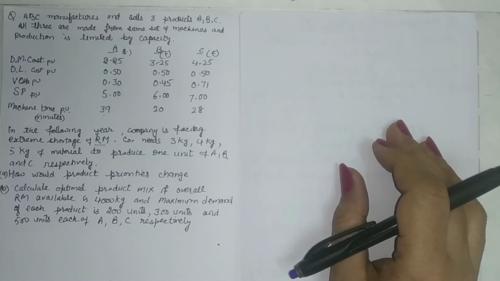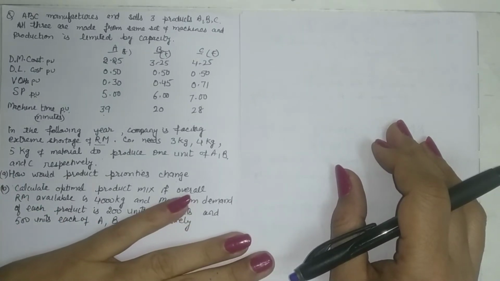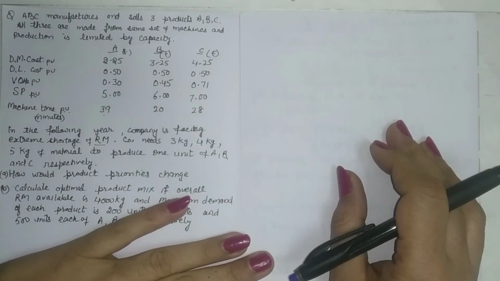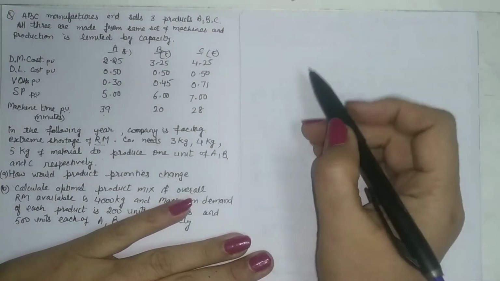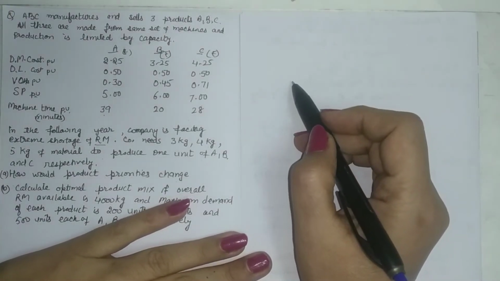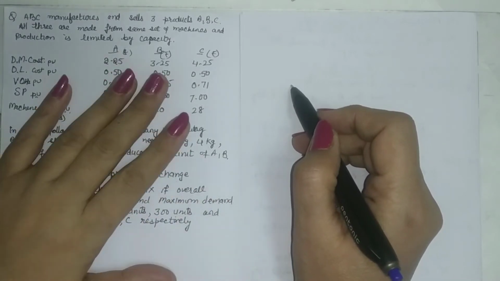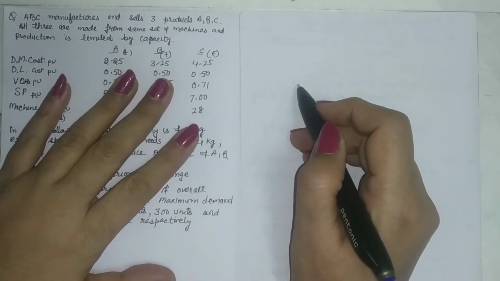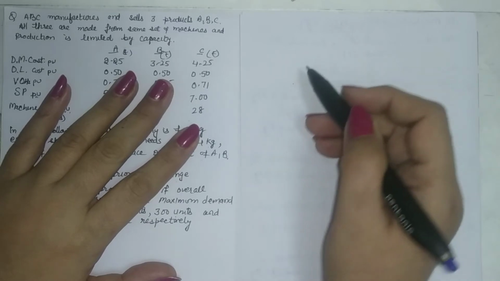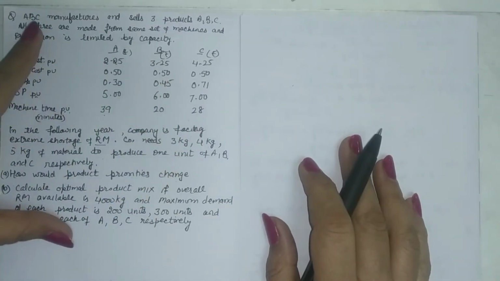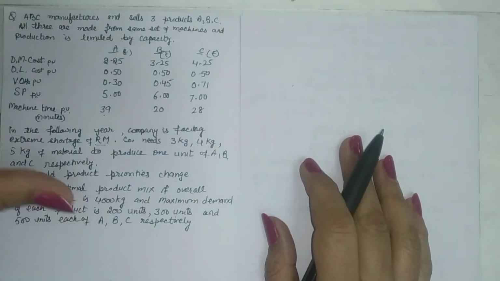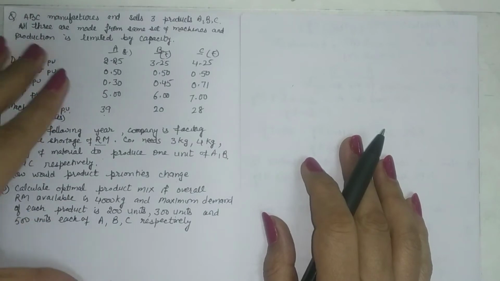As I told you in the last class, we'll be taking up a few more practice problems to understand all the managerial decisions based on CVP analysis. So this is one of the important decisions, called optimal product mix based on key factor. So let us go through the question first. Basics are known to you. I hope you have gone through the previous videos.